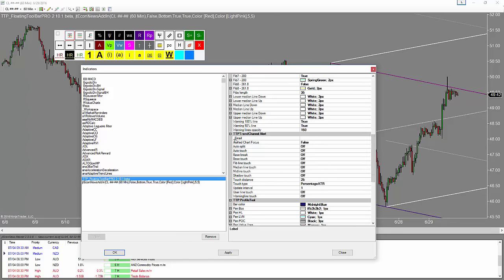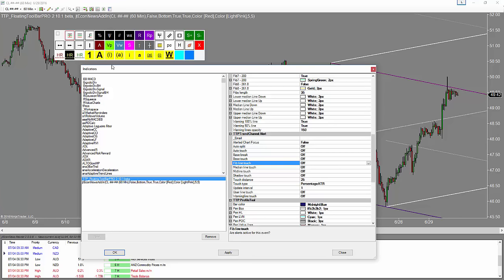When you scroll down to about the middle of the Properties menu, you'll see the Trend Channel Alert. This may be named a little bit differently in the 3.0 version, but you'll see the subheading just named Alert, probably Alerts. So you have an alert for the split of the auto line, for a touch of the auto line, a break of the baseline, touch of the baseline, a touch of one of the fib lines, which is controlled by this percentage button, the black percentage button, which draws in the A, B, C, D symmetrical type moves